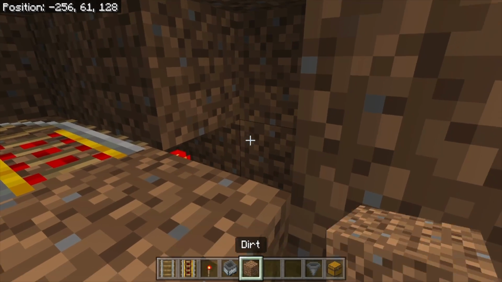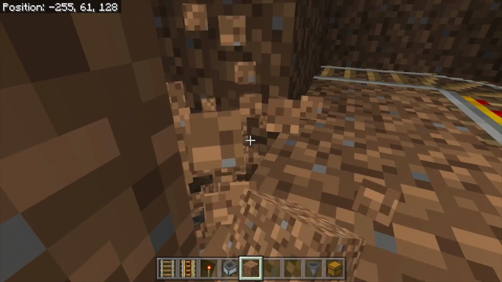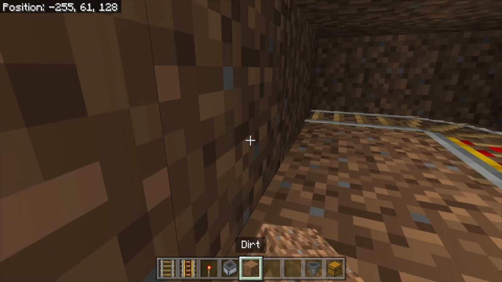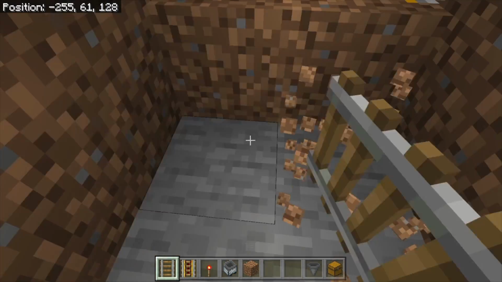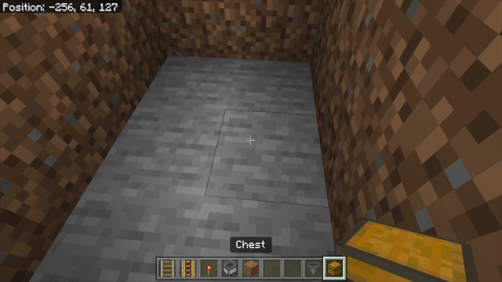Simple as that. Now you can do this digging it out, you can do it however you want, completely up to you. Do the same on this side. Put your rail in, although you need to wait. Go ahead and break these 2 blocks in front,